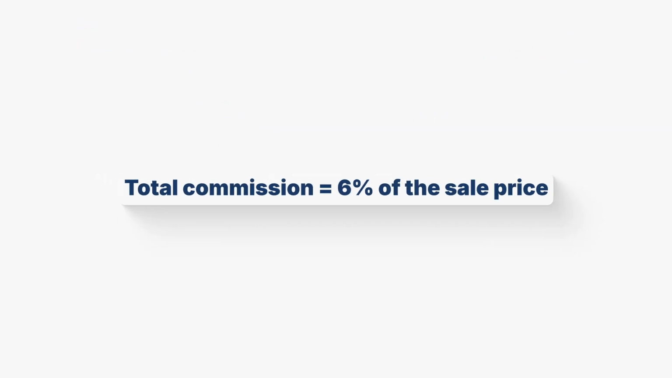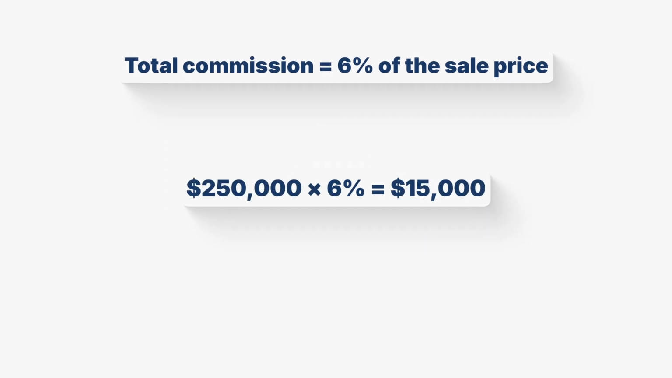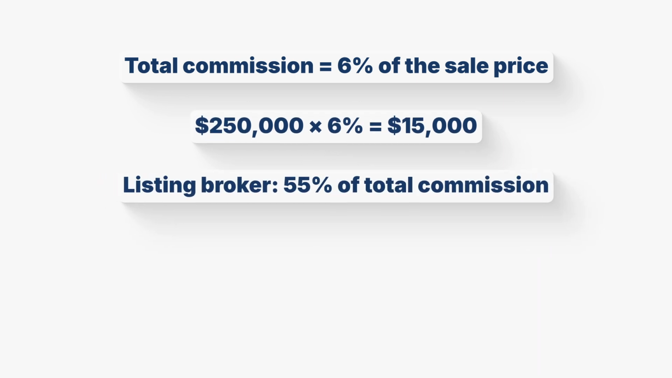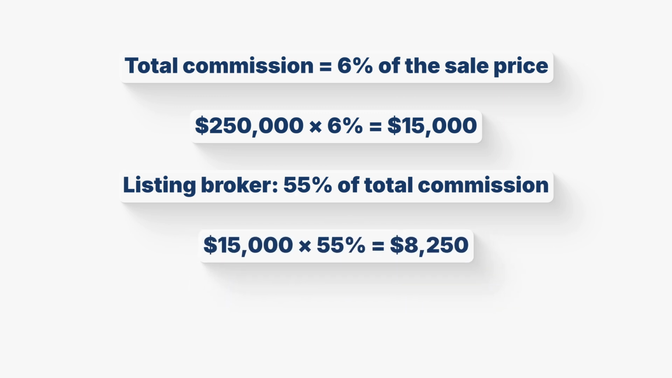First, we know the total commission on the property sale is 6% of the sale price, which is $250,000. So we calculate $250,000 times 6% equals $15,000. Now the listing broker gets 55% of that total commission. So we multiply $15,000 by 55%, which gives us